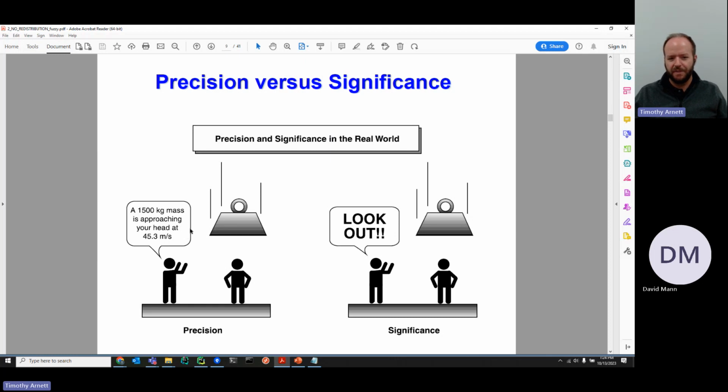This doesn't help them in terms of how do I then use that information to make a decision about how to act. And so instead, we have this other situation where instead of relaying all of this very precise, granular information to the person, we instead just give them a directive that says, look out. We want to alert them to the situation and ensure that they have, even though this is a vague concept, look out doesn't tell you exactly what to do, but it tells that person to be alert and that there might be something that they need to pay attention to and make a decision and act on.